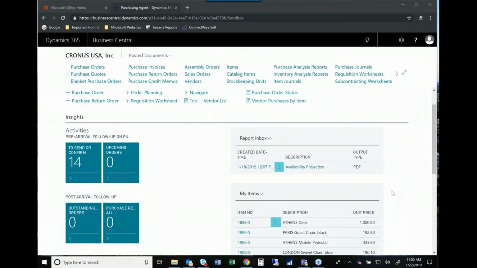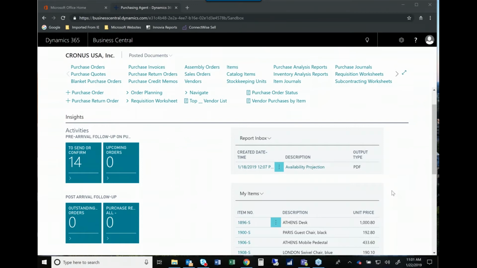Many times when we get out to visit with existing NAV or Business Central users, when we encounter the folks in purchasing or even sometimes in the planning department, it's shocking the number of folks that are still relying on Excel to manage their inventory. And so we're going to spend just a little bit of time today talking about the use of the requisition worksheet, and then what we do in our item setup to make this function the way we want it to